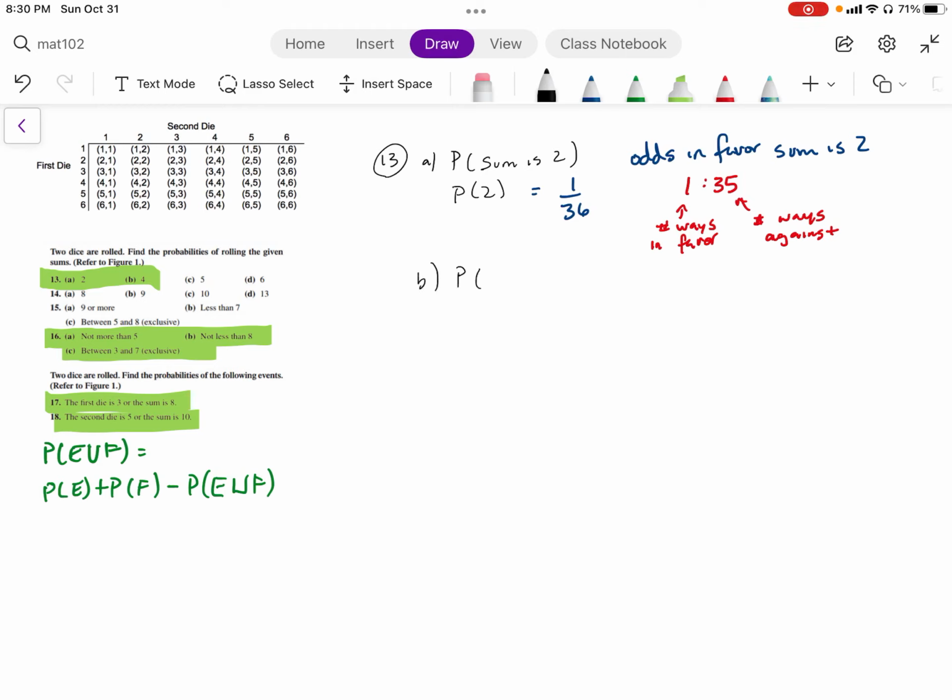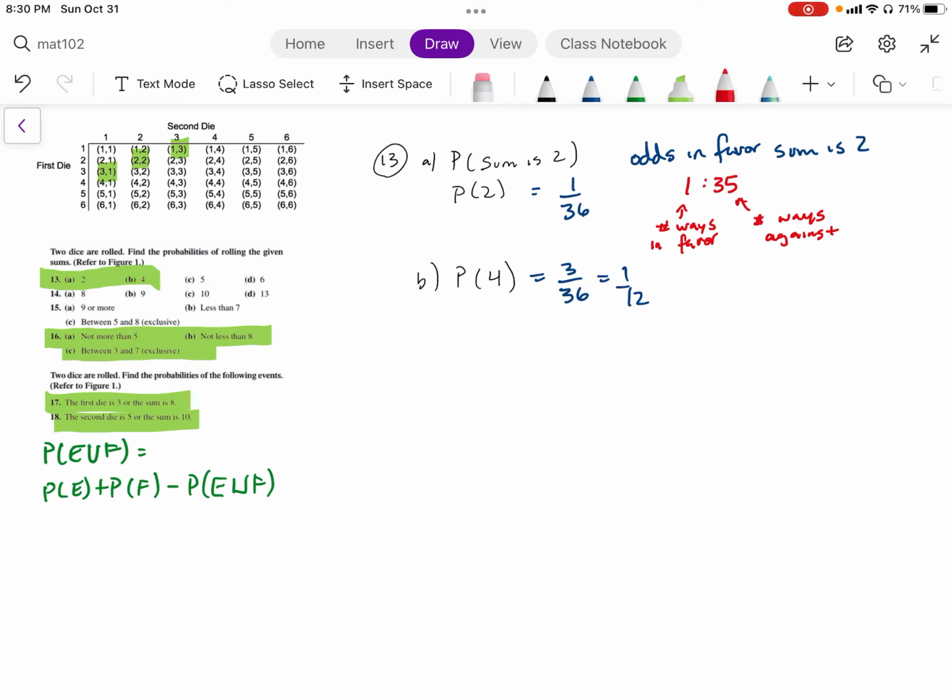Probability the sum is 4. All right. Now looking at the column over here, we have 1, 2, 3. 3 ways. We could get a 1 and 3 or a 3 and a 1. Those are different, right? Because we're rolling two dice. But if they're both a 2, there is no way of switching that up. So we have 3 out of 36 or 1 out of 12